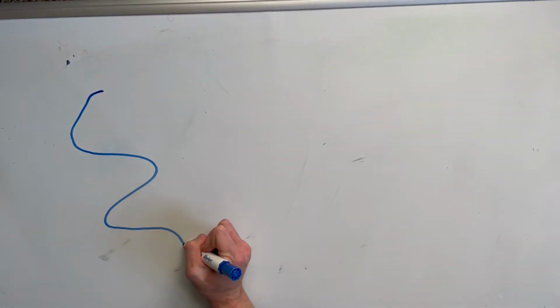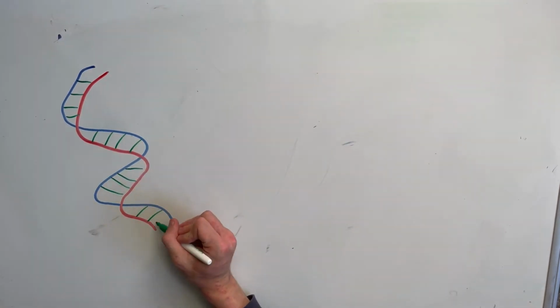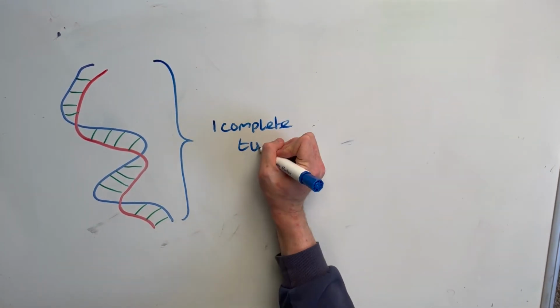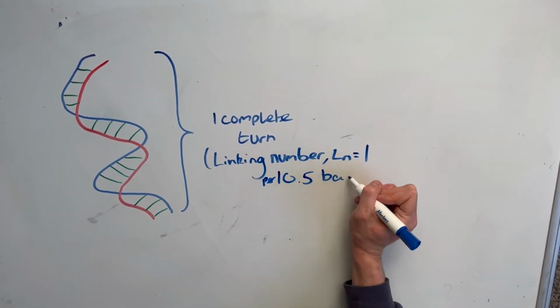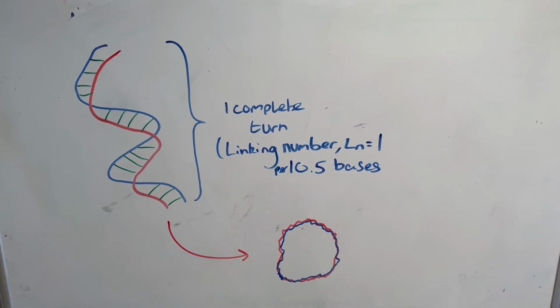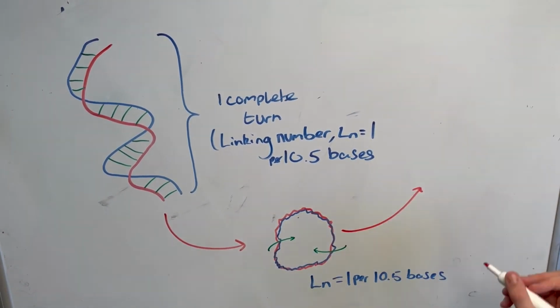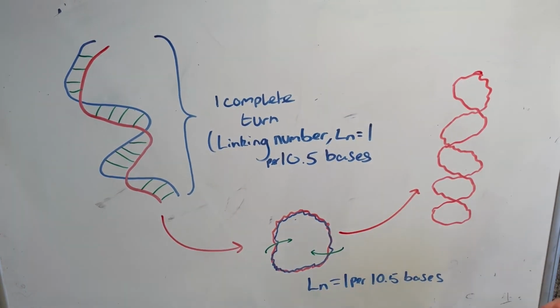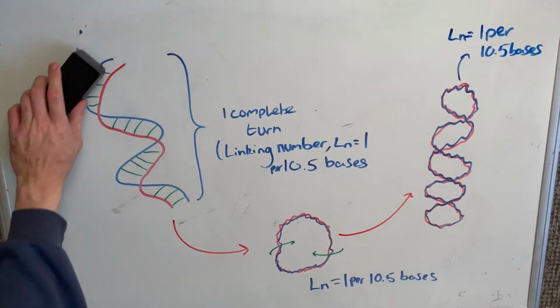One such property for links is the linking number, informally the number of times 2 closed curves wind around each other. This property remains invariant for DNA, which consists of 2 helical strands with regularly spaced base pairs bridging them, winding around a central axis. DNA has a linking number of 1 per 10.5 base pairs. This remains constant, irrespective of how DNA is structured, whether it be a linear chain or itself coiled for storage.